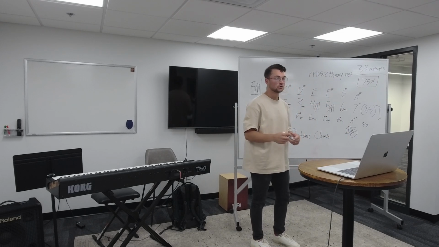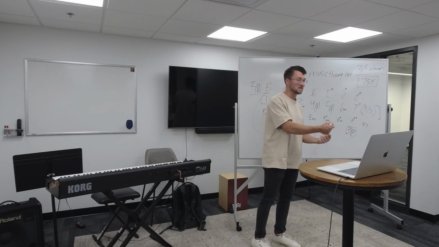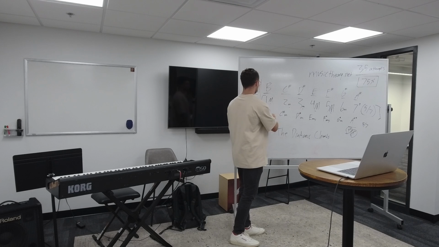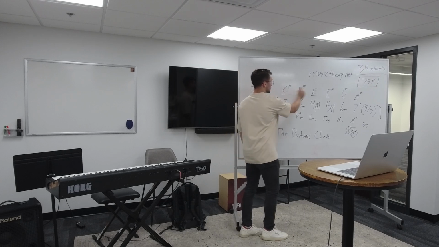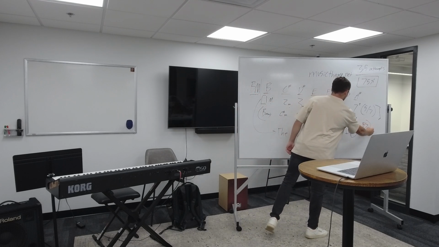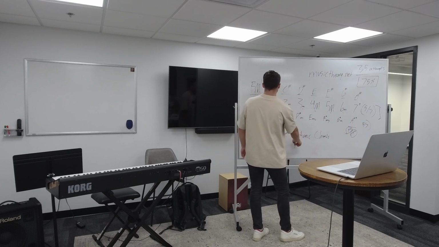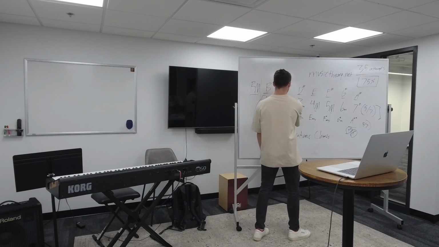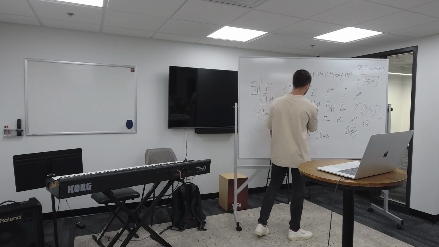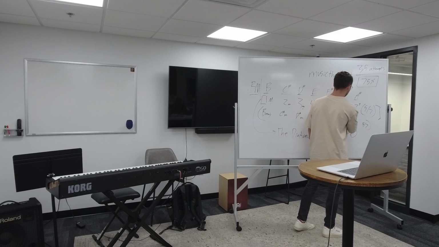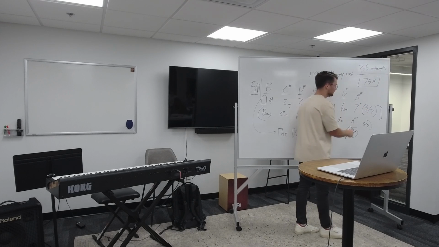Diatonic just means chords within the key. The chords within B major are these chords. The chords within any major scale in any key are going to be these chords: a major chord first, minor chord second, minor chord third, major chord fourth and fifth, minor chord sixth, diminished chord